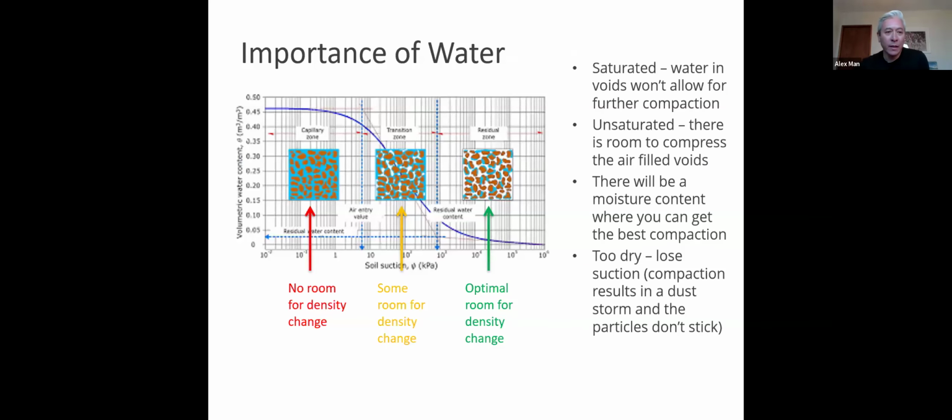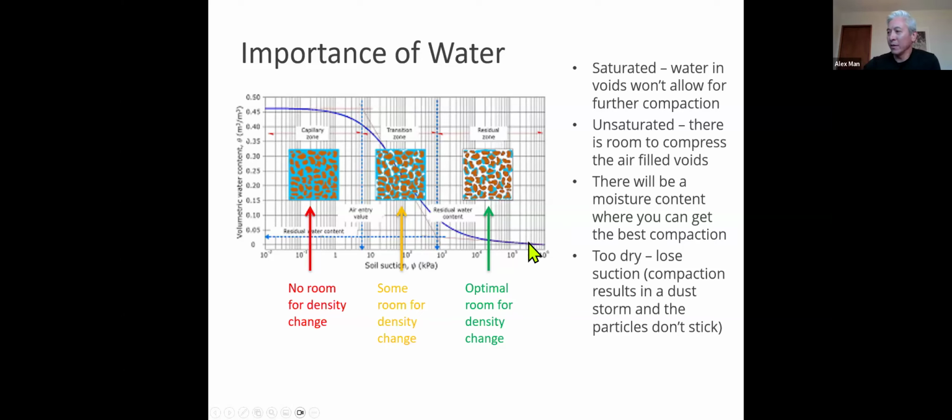Back to this. So again, here we have no room for density change. Water is pretty much incompressible, so you'll be beating on that with a compactor, and you'll start to see puddles on your trail tread. So when you see that, you're actually not doing anything to make it denser. Somewhere in here, when you're in the sweet spot, you're going to have some room for density change. You're going to be able to compact, get that air out, and have some point where your moisture is actually pulling the soil particles together. So that suction is working for you.